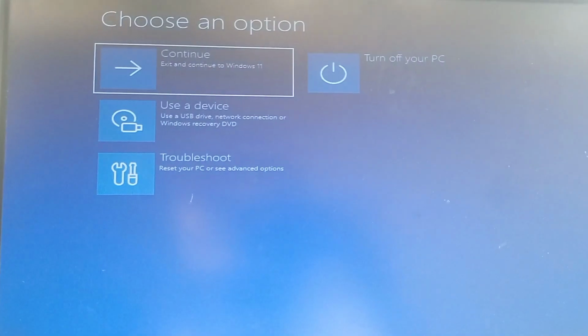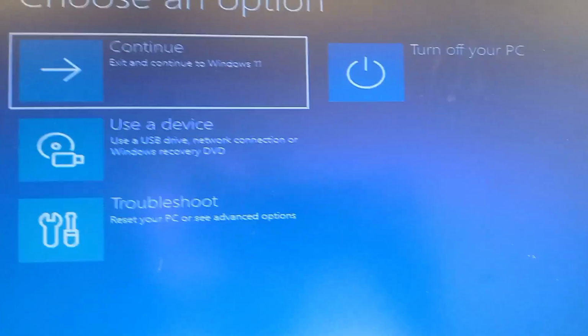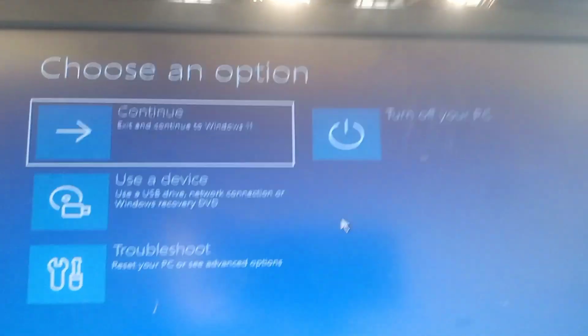How to solve this kind of issue for Windows 11 looping the startup menu every time. This is the error: Windows 11 cannot log in. Go to here, Troubleshoot,